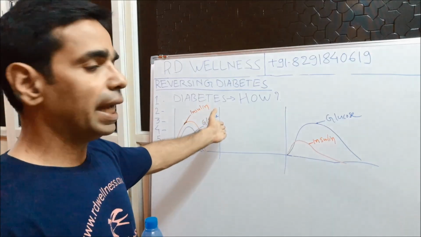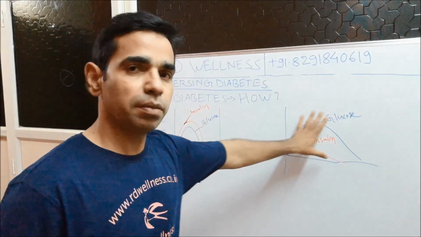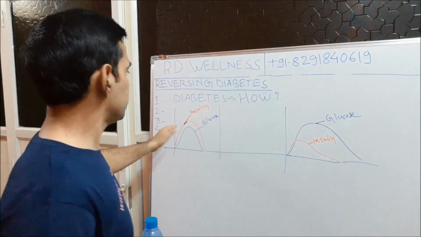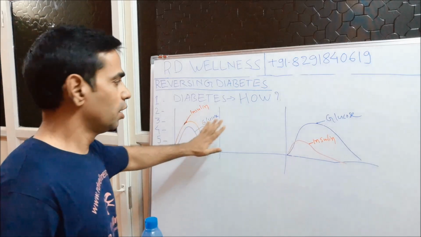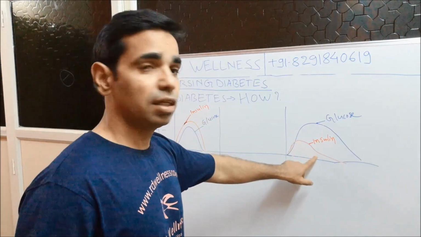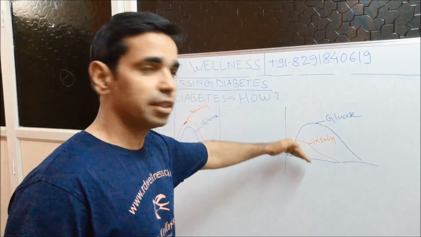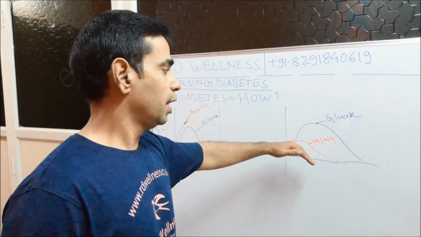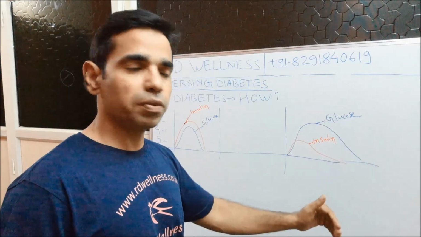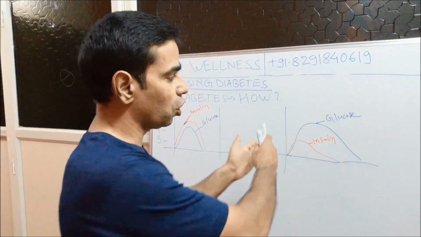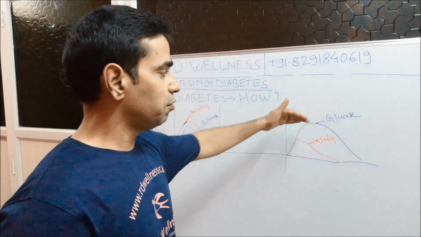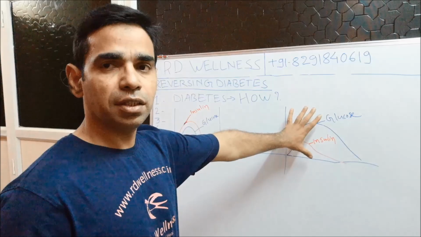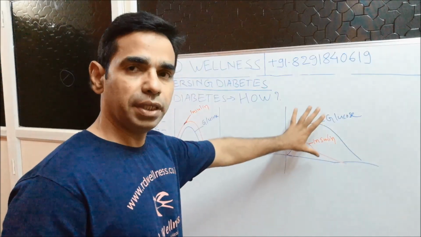When any person becomes diabetic, then this is a typical response. What you see different between this and this is, here insulin is present in sufficient amount, but here the insulin shown by the red curve is substantially small, which means there is a very small amount of insulin release as compared to glucose. What is the consequence? The glucose remains for a longer time and it remains at very high concentration. So this is a typical scenario in diabetic patients.